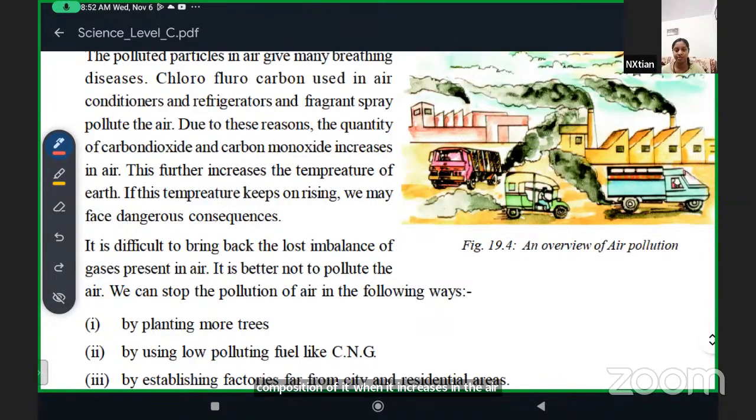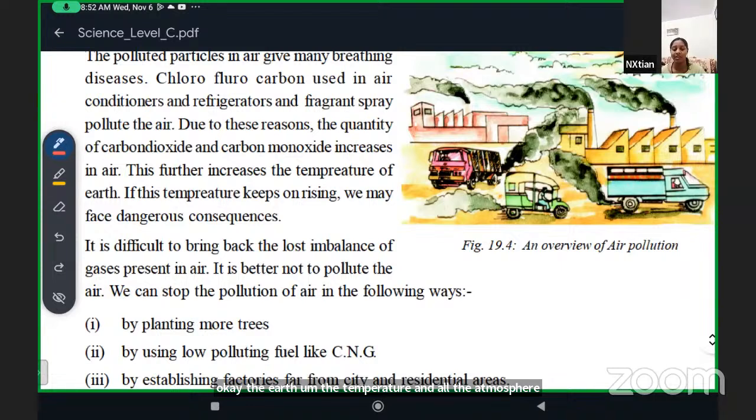It increases it, and if it keeps on rising, it may be difficult for us in the future. The Earth, the temperature and all the atmosphere starts heating up due to these